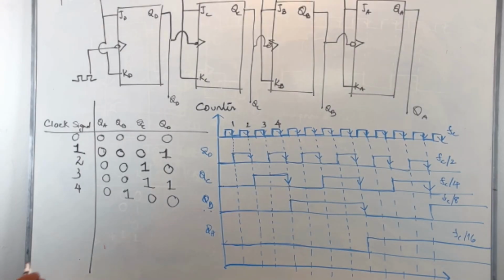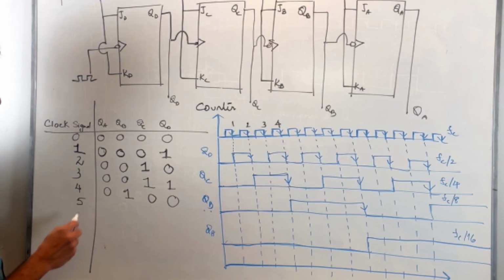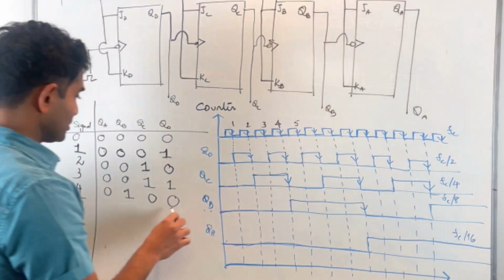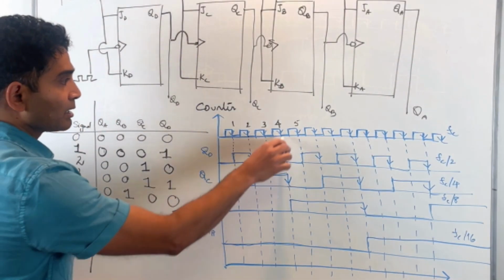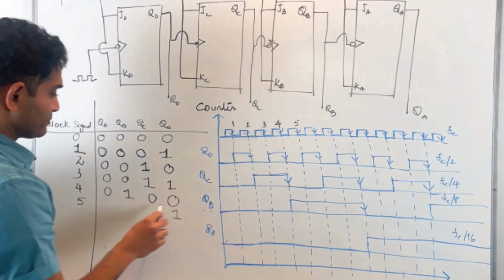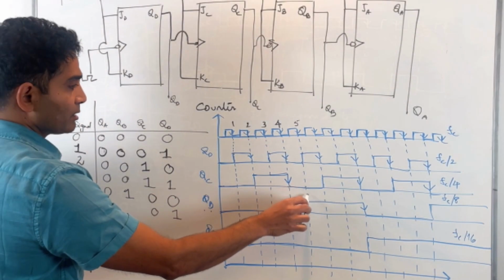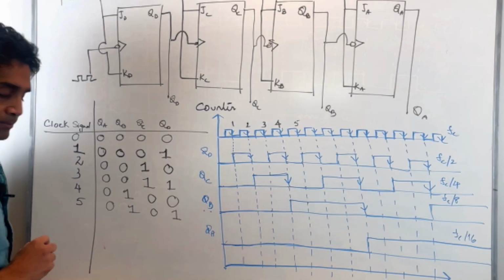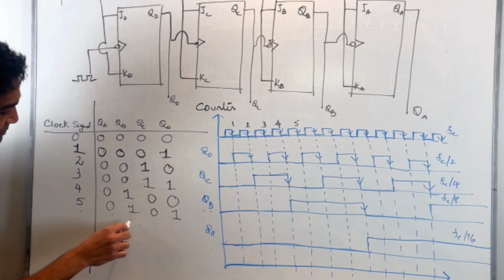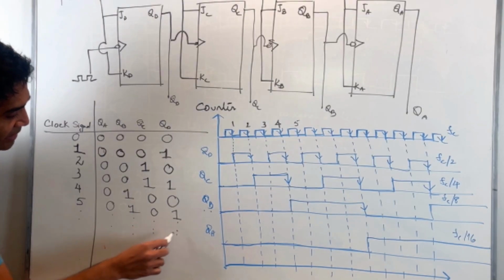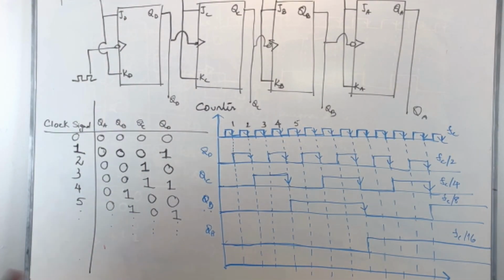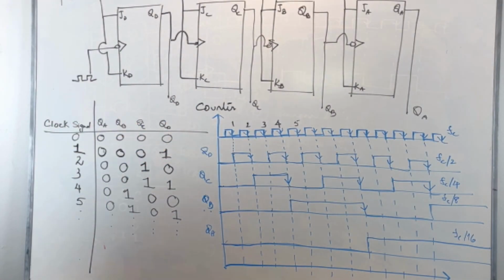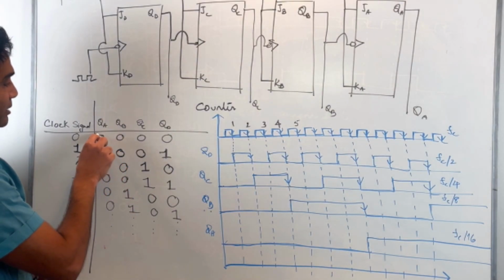Okay. On the fifth active edge, that's the fifth edge, my QD became a 1, QC remained 0, QB remained 1, QA was still 0, and so on. So you can see the pattern, right? With every active edge, when I look at the outputs together, I am essentially counting the number of